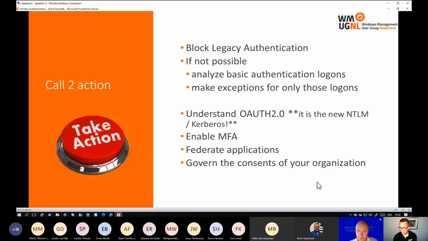Enable MFA, but you can only enable MFA successfully if everyone is transitioned to modern authentication. That doesn't mean that you need to turn on MFA once you are migrated in total. You can turn it on already now, because if people are using modern authentication, they will be provided with an MFA prompt. So make sure that if you federate applications, that you know what kind of rights are being given